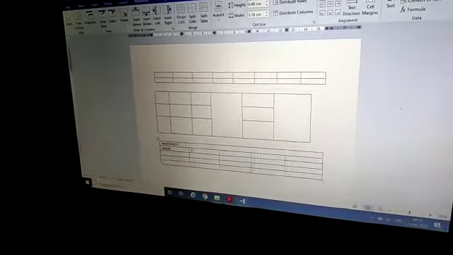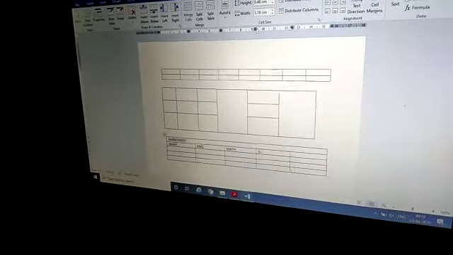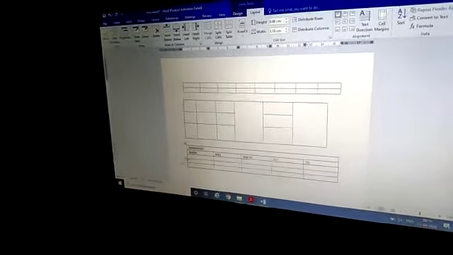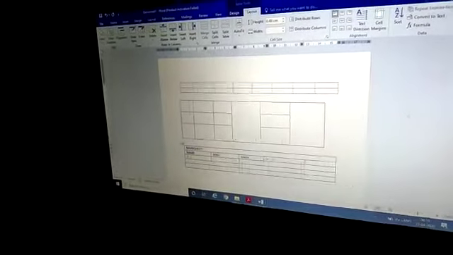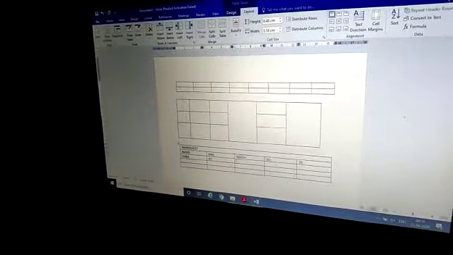Here I will type the subject. Here is also maths, science and SS, and here I will insert any name. Randomly I will put marks.